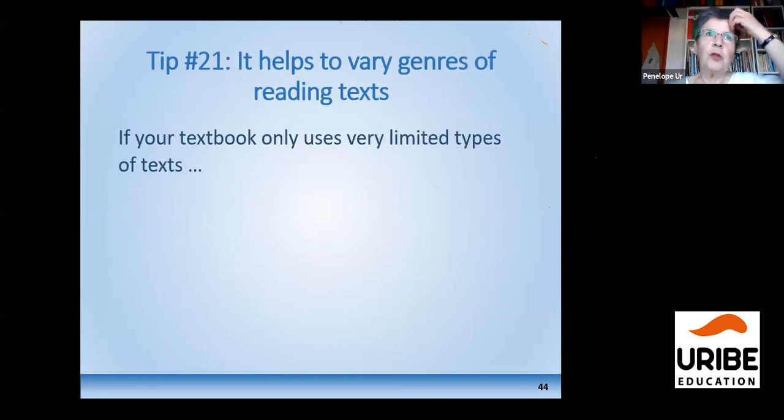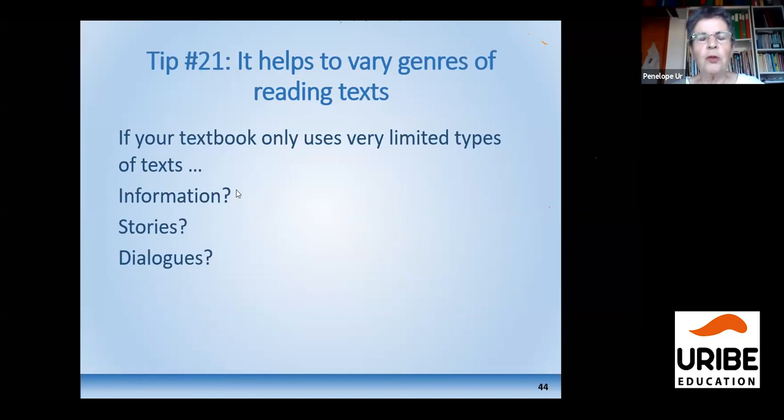One of my complaints with textbooks is that a lot of them use very limited types of text. They tend to be informative texts or stories or dialogues, and that's useful, but the internet can allow us to find lots and lots of different alternatives.